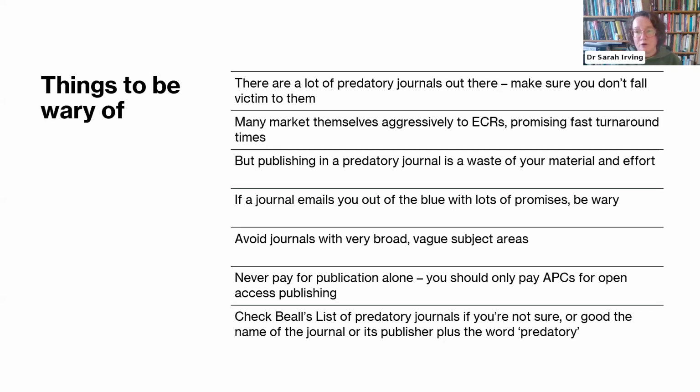They will often do things like promise fast turnaround times. They will promise that your work will be peer reviewed and published in a month or two months or something like this. No journal can guarantee quality peer review in that kind of time, because the people doing the peer reviewing are also lecturing and writing their own work and sitting on university committees and marking and doing all of those things, which means that very often finding good peer reviewers and then giving them the time to do good peer review will take months.